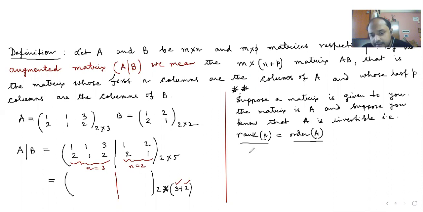What we do is that we augment the identity matrix of the same order with the given matrix, and we apply elementary row and column operations,